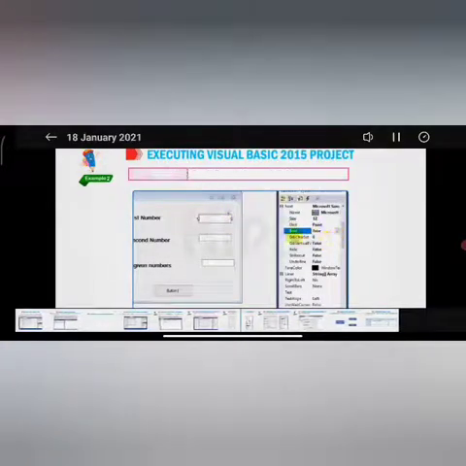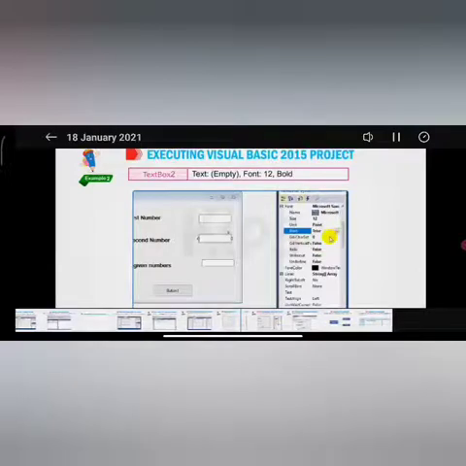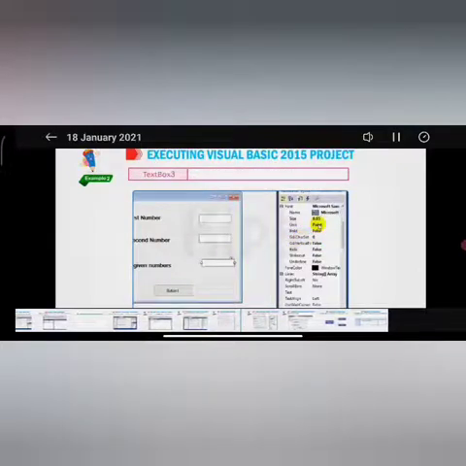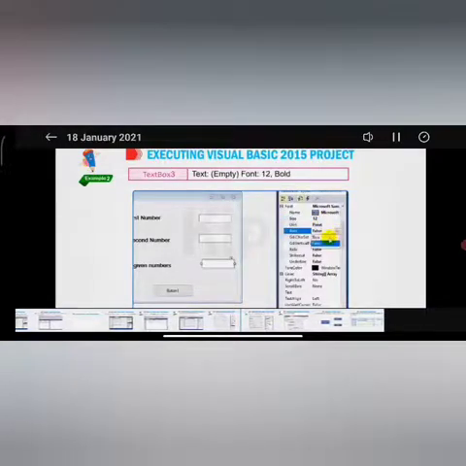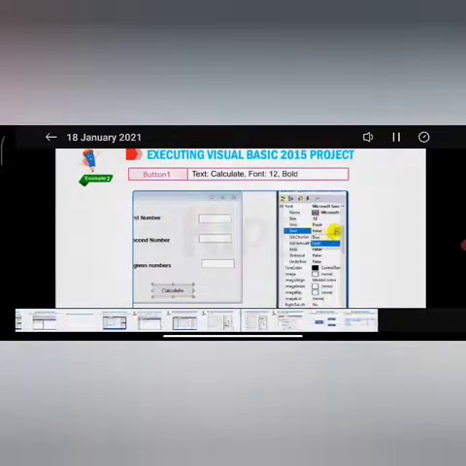Text box 1, text, empty, font 12, bold. Text box 2, text empty, font 12, bold. And text box 3, text empty, font 12, bold. And button 1, text calculate, font 12, bold.